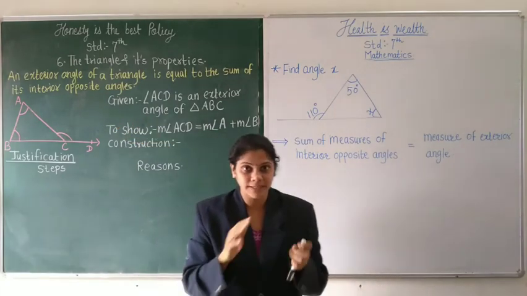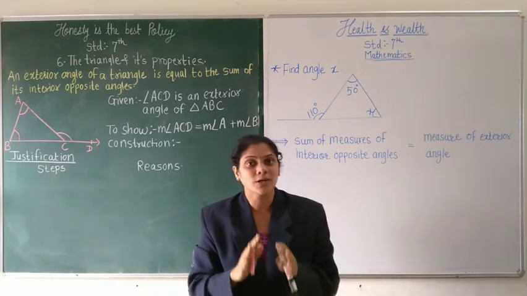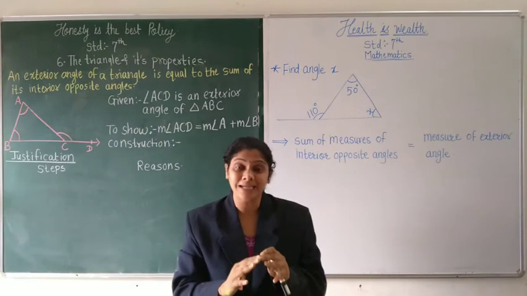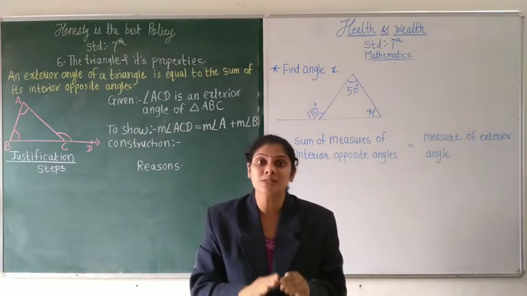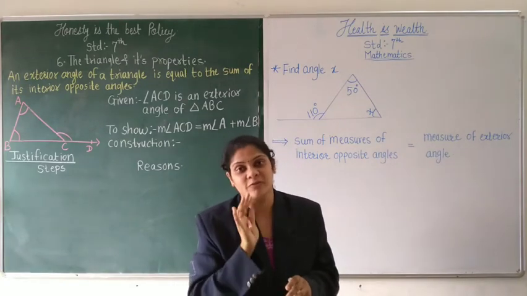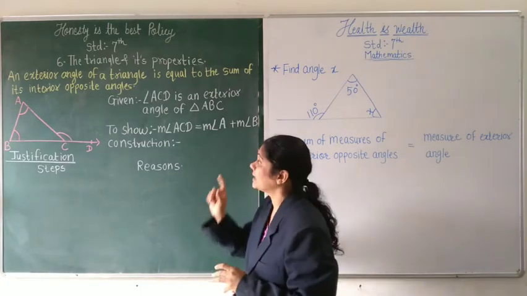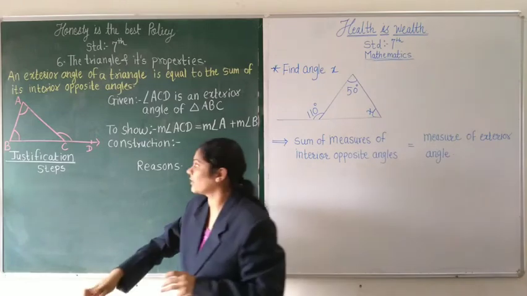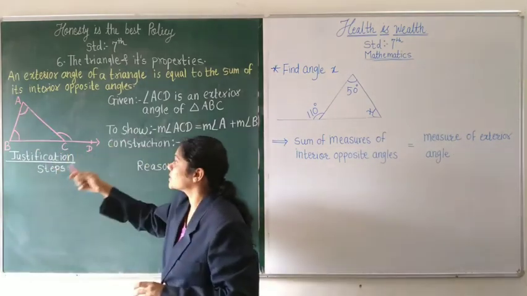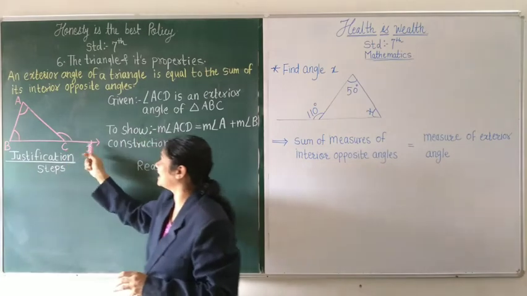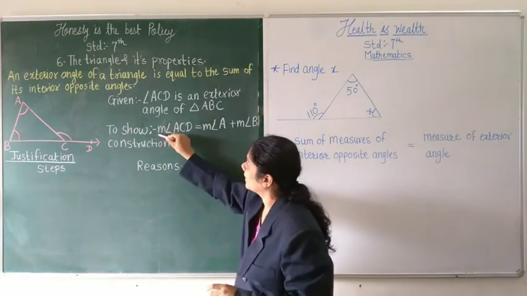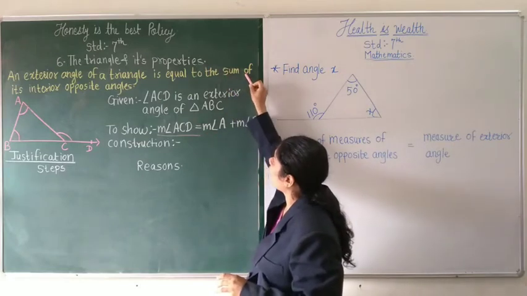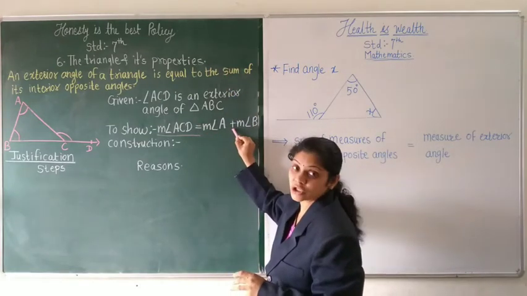Whatever we have to prove is related to the measurement of angles. So whatever we have to show, we have to write in mathematical statements by using the proper symbol of measure. So we have to prove that the exterior angle of a triangle, what is the exterior angle? That is ACD. So measure of angle ACD is equal to the sum of, that means the addition sign,